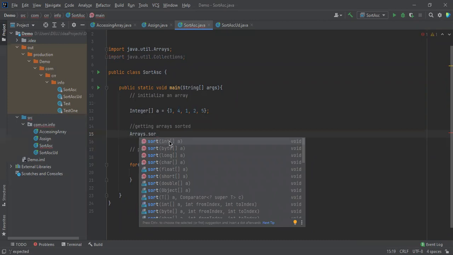For a single argument only, please remember this one: int, byte, long, char, float, short, double, and here the object. If it is a single argument, then it takes primitive types. And next, here it is T, which means a non-primitive data type.